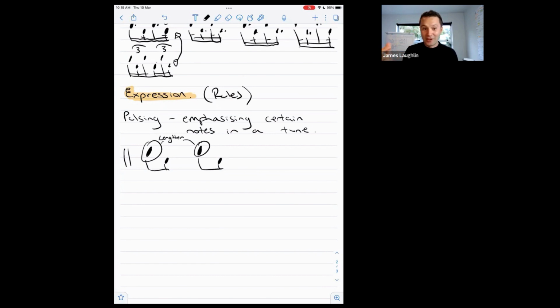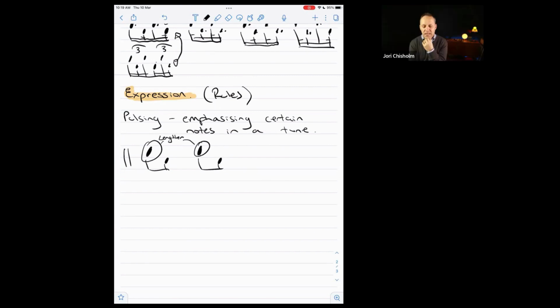Now, the argument for some of you watching this might be, but why don't you notate that? Why don't we put some kind of digit or dot? Well, because what ends up happening is it becomes incredibly messy, and to actually theoretically do that may become next to impossible. But if we can in some way theoretically write it out, you're going to have a very messy sheet of music. And so that's why it'd be messy. Yeah, it would be messy, and it's also very difficult. And there's a much simpler way to achieve the desired goal,